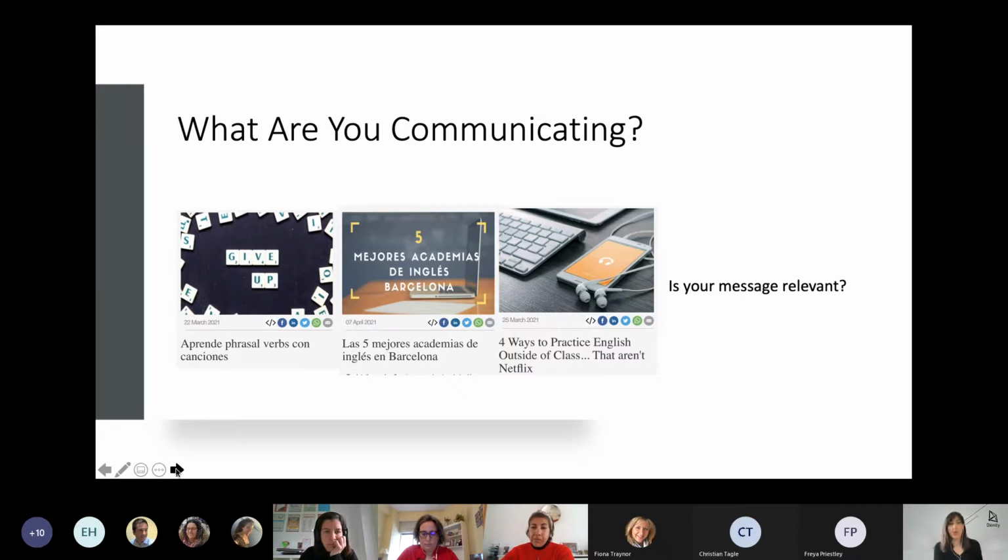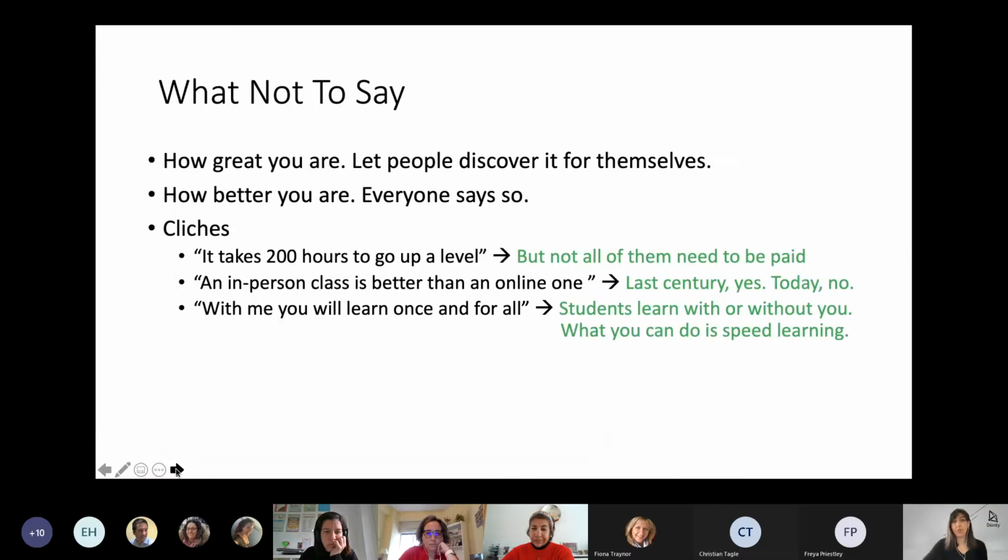So, for instance, if you want to answer the question, how long does it take to learn a language? Maybe one of the first searches will be the Cambridge, the British Council, etc., and they will tell you, oh, well, it takes 200 hours to go up a level. But what they don't tell you is, yeah, but you don't need to pay for all of them.